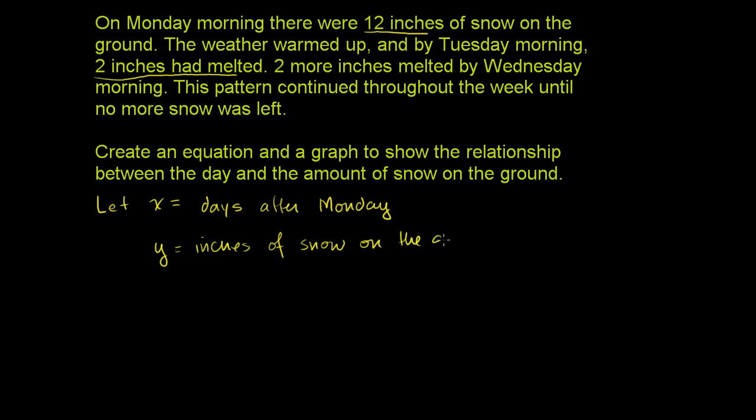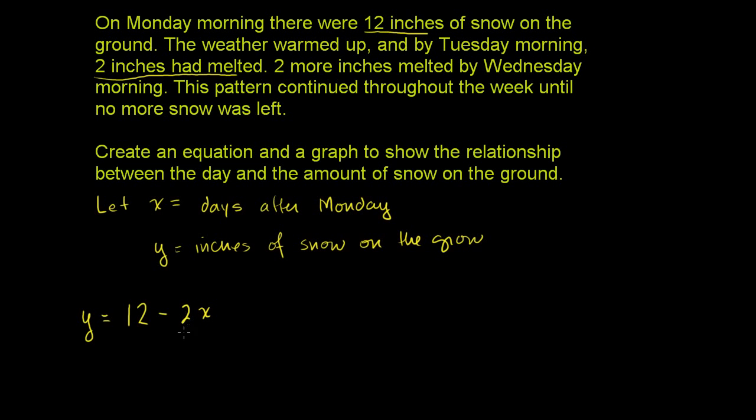So one way to think about it is, OK, when x is 0, when we're on Monday, when we're 0 days after Monday, we're going to have 12 inches of snow on the ground. And then every day after that, we're going to lose 2 inches. So if we're on Tuesday, we're going to have 2 inches times 1, because Tuesday is 1 day. So if x is 1, that means we're on Tuesday. If x is 2, that means we're 2 times 2, we've lost 4 inches,